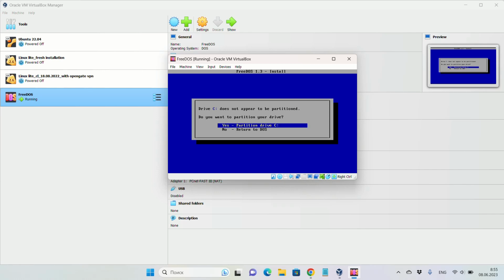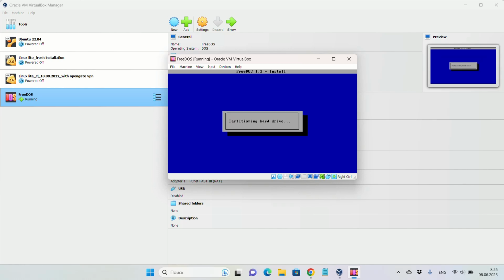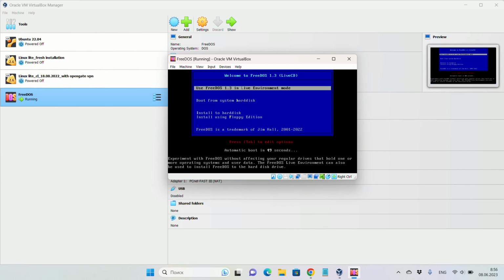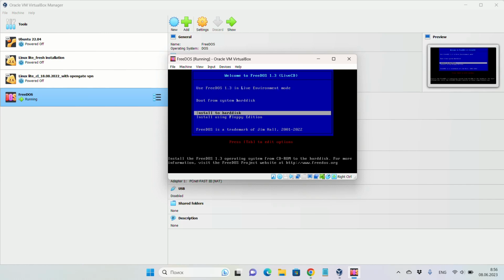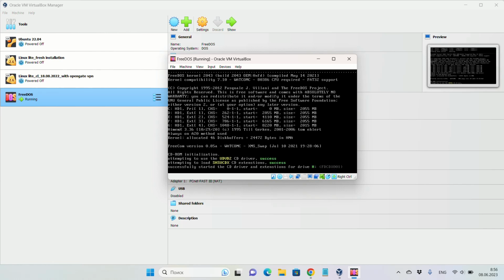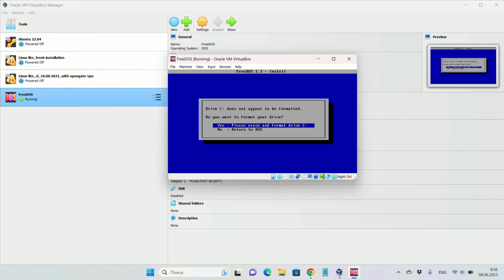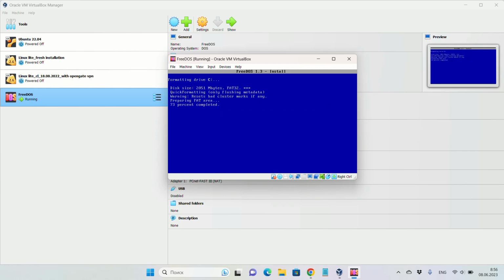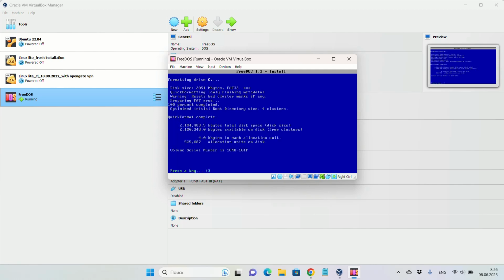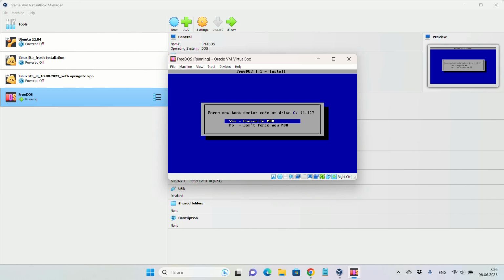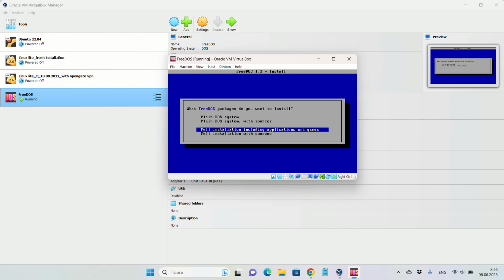And I'm partitioning the hard drive. I choose the full installation, including applications and games.